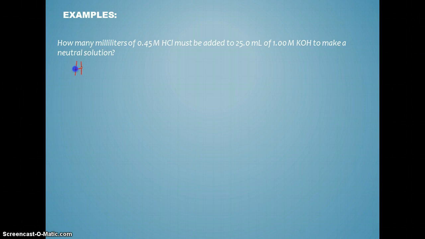We're going to have HCl plus KOH. Figure out the products. The H and the K replace each other, so we'll get KCl and water. So because we have one of each, H and OH, this is a 1-to-1 mole ratio. Okay, now when you're doing the stoichiometry, you always want to start with what you know the molarity of. Here, we know the molarity of the KOH. So we're going to start with